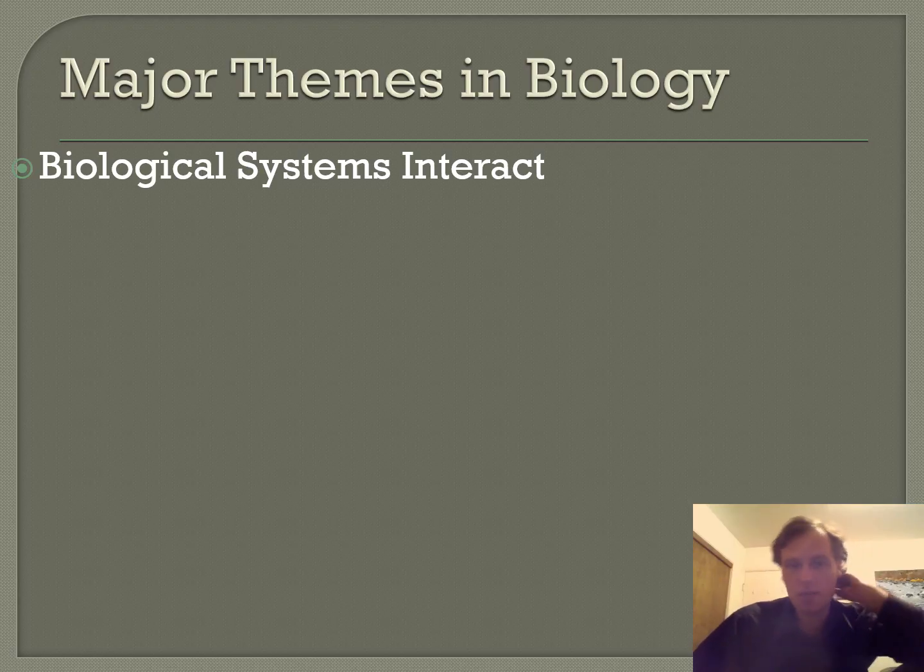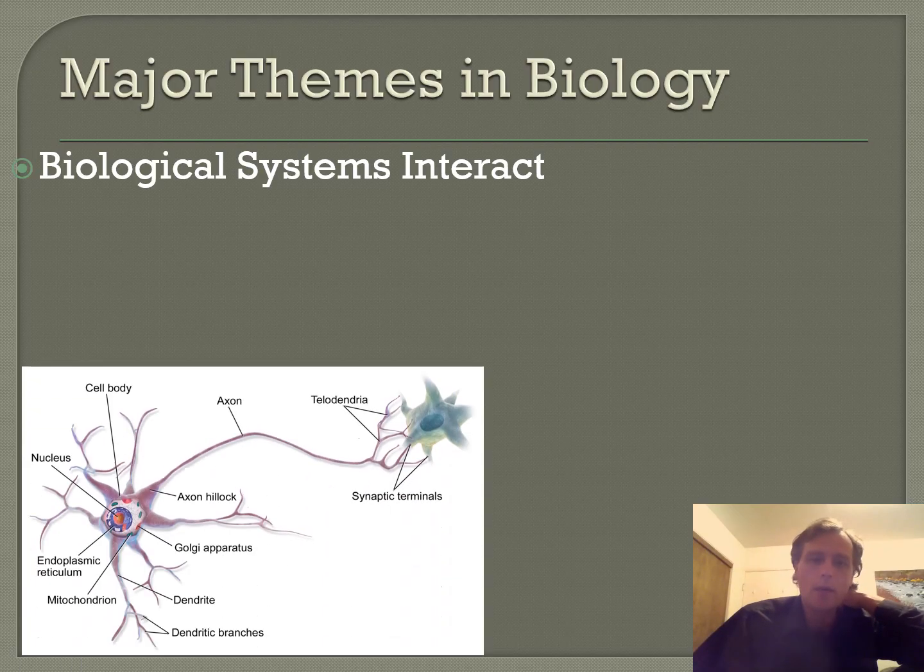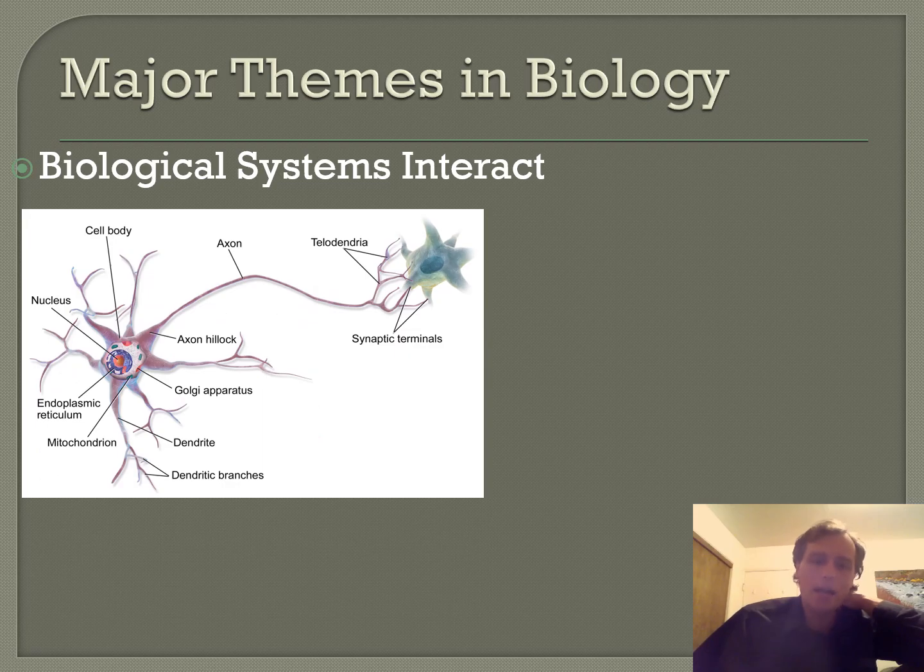So, major themes in biology. Our book goes through 5 of them, and if you looked at another book, they might say there's 6 themes, and then another one might say there's 4. But the authors later on in this series are going to keep coming back to this. So, first one is biological systems interact. For example, in a single body, you're going to have different cells. This is a neuron, or a kind of a brain cell, sort of. It's not actually a brain cell, but it's a neuron, and then it's affecting some kind of other cell. So systems interact. This cell is interacting with this cell.